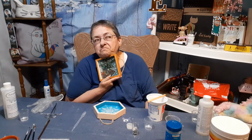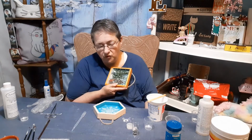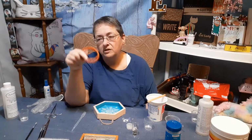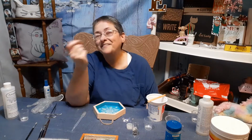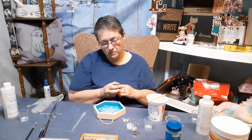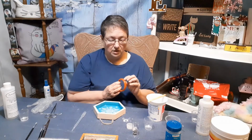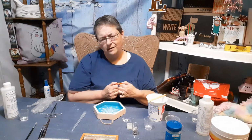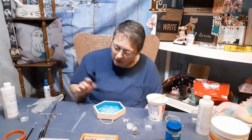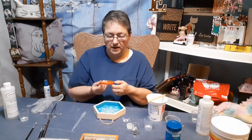So don't skip that step, even if you're pretty certain that you have really good resin and that the bubbles come out. Because look, this bracelet, I cannot see a bubble in this bracelet. Of course, it's orange, so maybe you just can't see it as well. Something I did do is I took some extra resin because of where I had to sand, and I put it on and it dripped, so now it's bumpy, and if I sand it again, it'll be bumpy again. But not bubbly, bumpy. Bumpy because when I put resin over where it had turned white, it...